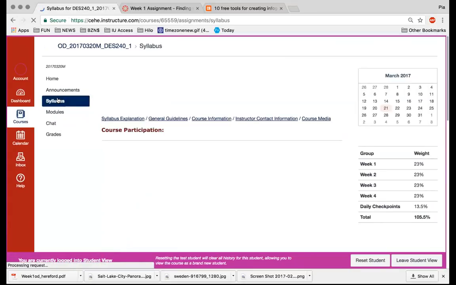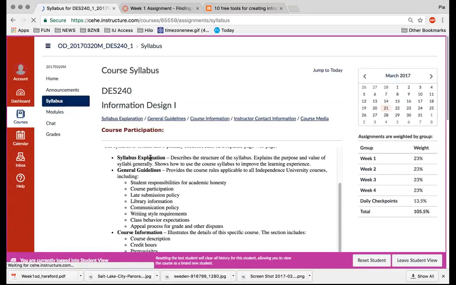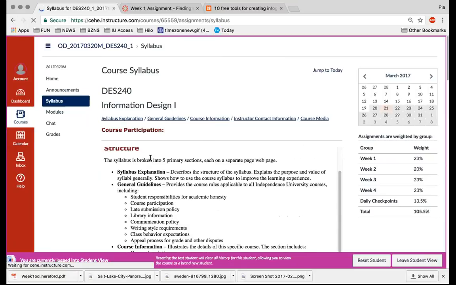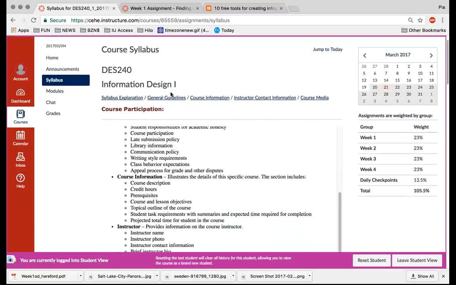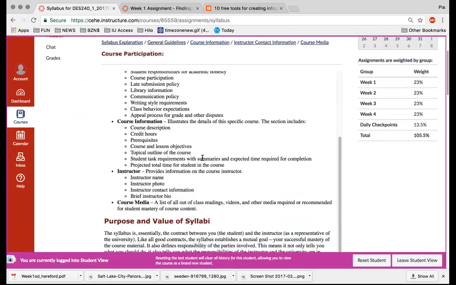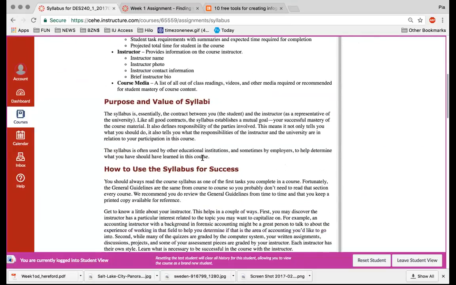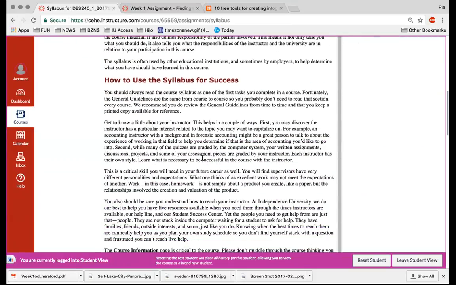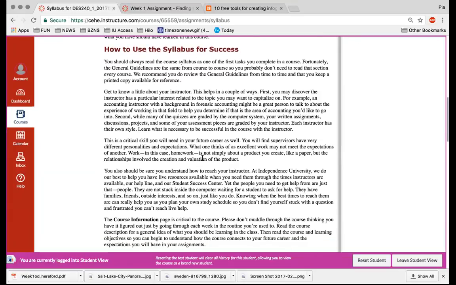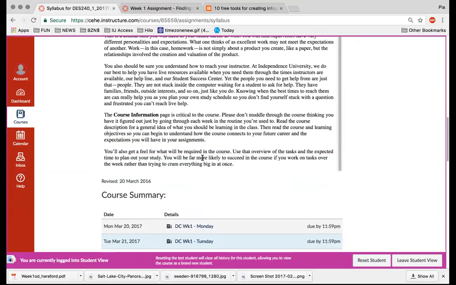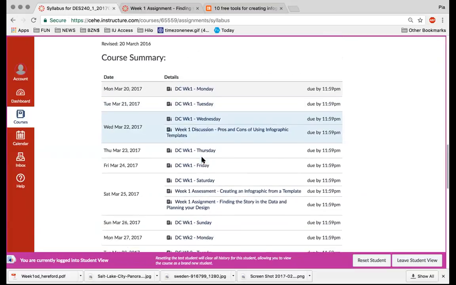The syllabus over here. So there is an explanation about the syllabus, and all of these different parts in there. And a little paragraph on how to use it for success. These are things that are in all of your courses now. But I wanted to have you go down here and